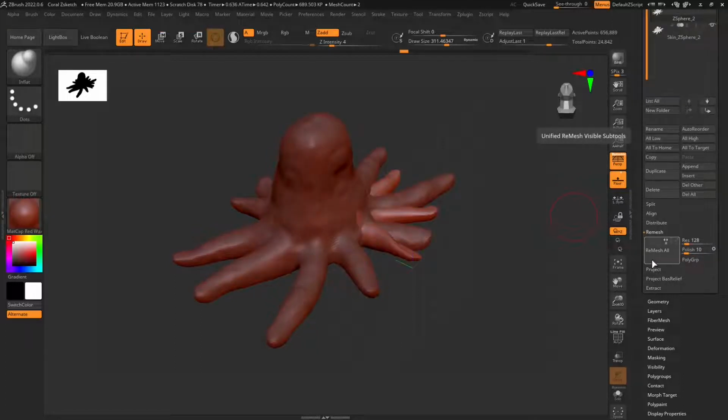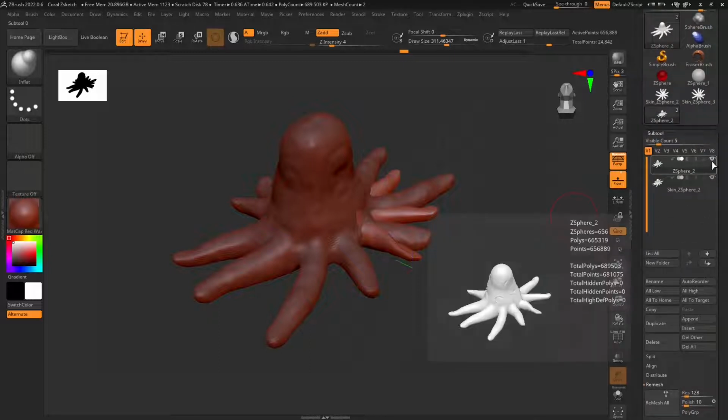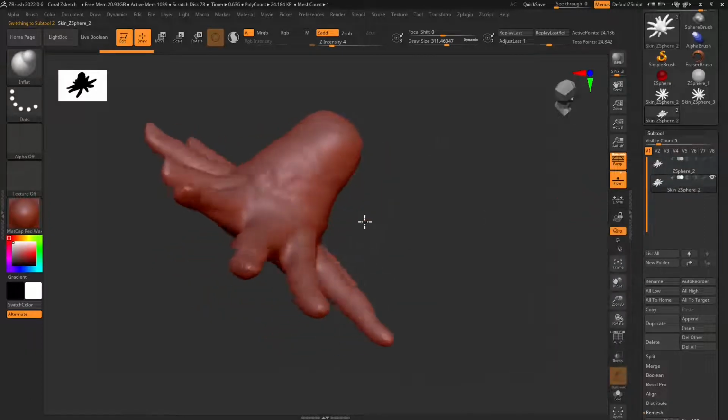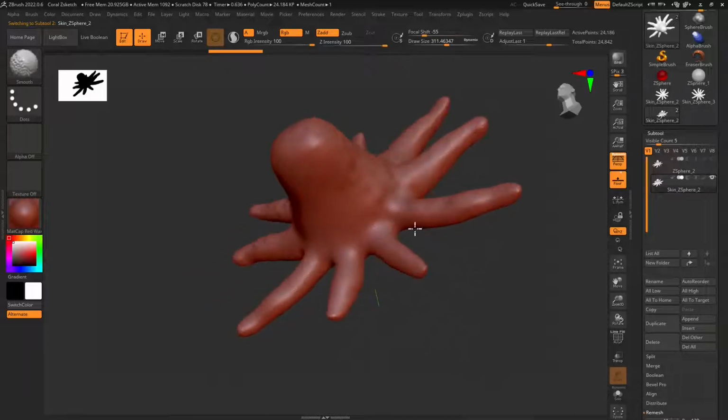So if you click, you can see now it created another mesh. So I can go in the subtools panel, deactivate the original mesh, and this is the resulting mesh. And you can see it's also symmetrical. So when you want to recreate the symmetrical shape,